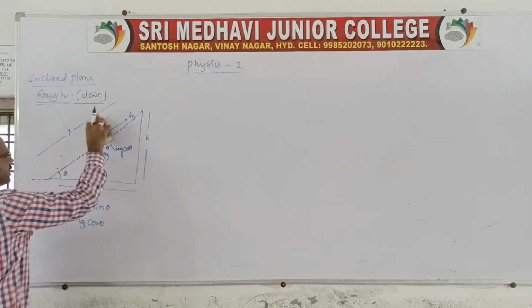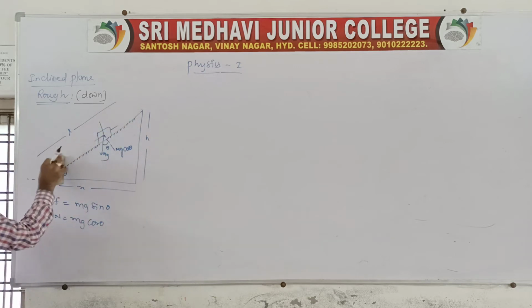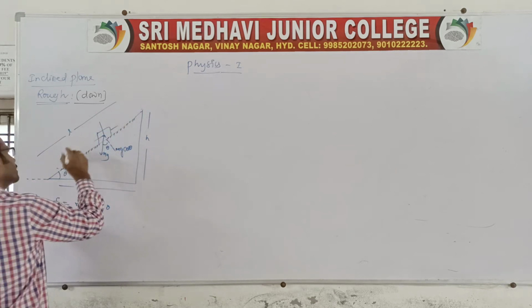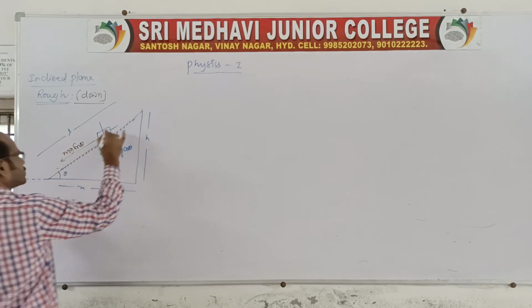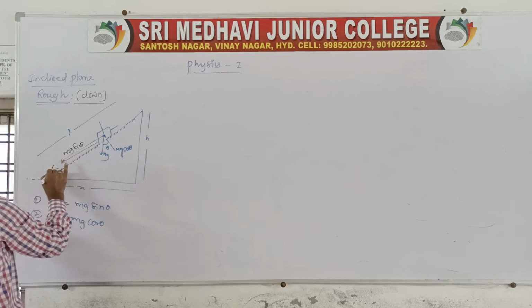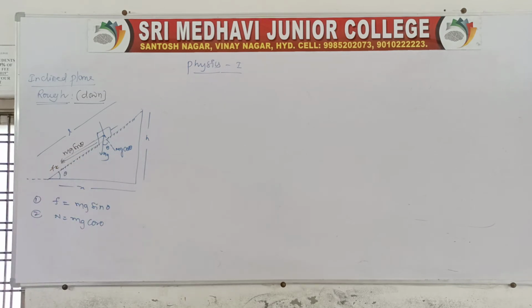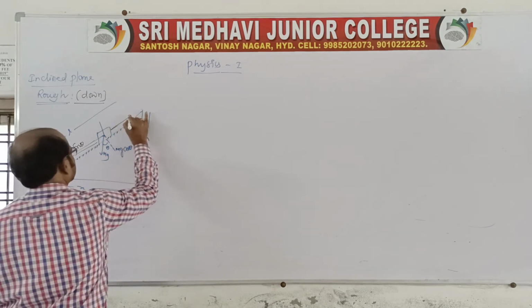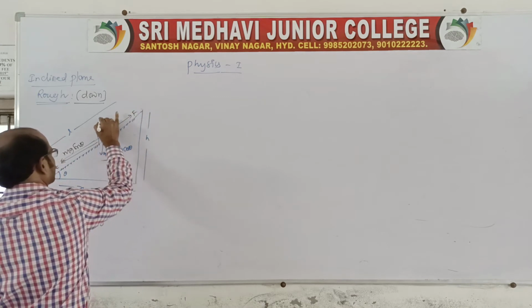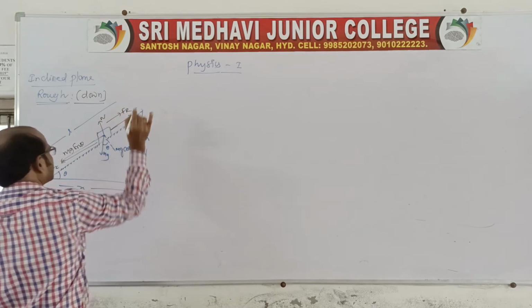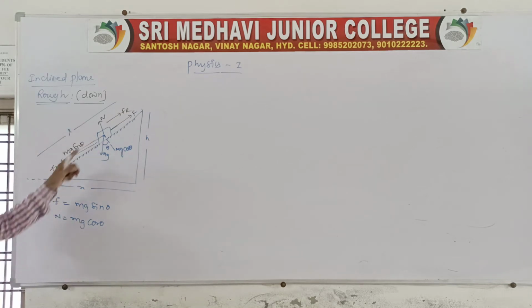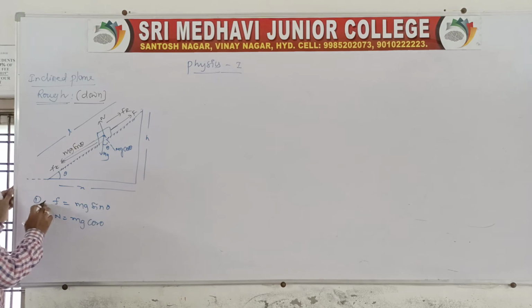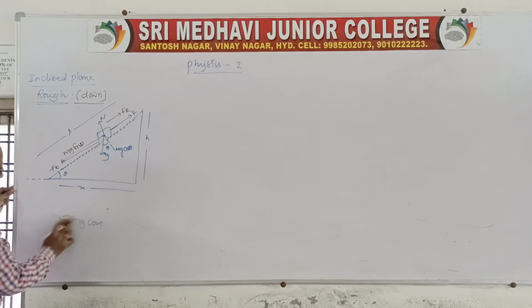See, you take everything the same, but mg sin theta is acting down. So there is a frictional force also acting in the same direction as mg sin theta. Therefore there will be an applied force F, and a normal, and the resultant is acting up. So N is equal to mg cos theta, same, and here both are in the same direction, no? You don't write all this because we already know.